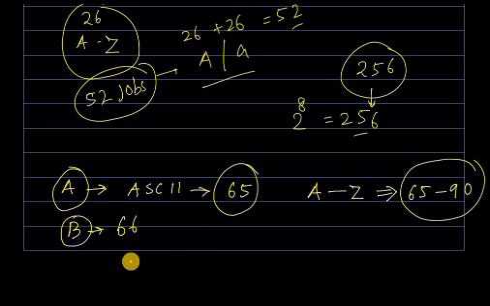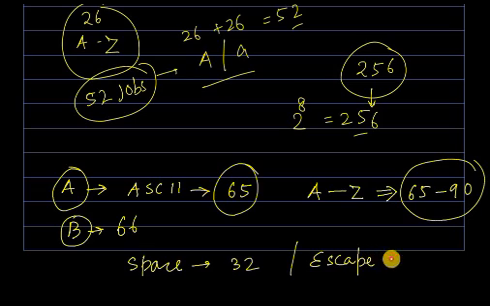You know, even the space that you are pressing has an ASCII value, that is 32. If you are pressing escape, it has an ASCII value, say 27. If you are pressing enter, it has ASCII value 13. So every character that you are providing is basically related to a numerical value, and that numerical value is called the ASCII value of that particular character, right? इतना समझ में आता है तो आगे चलते हैं.